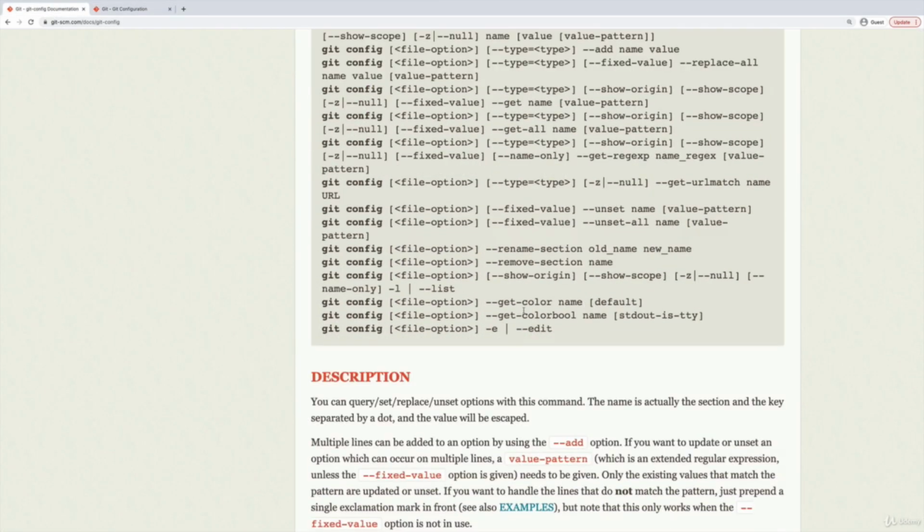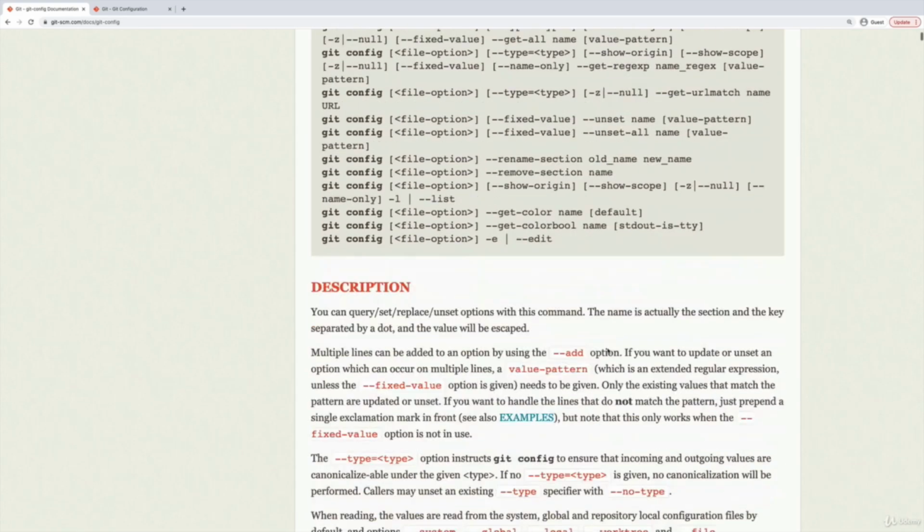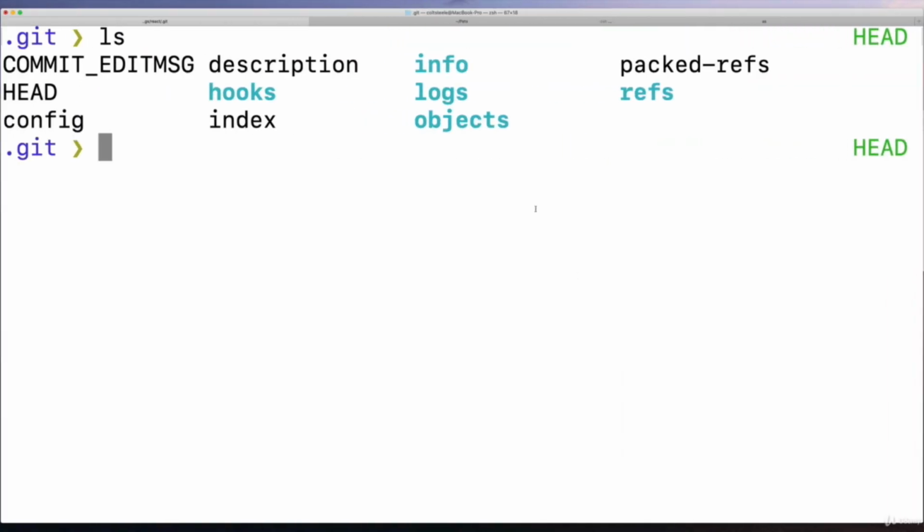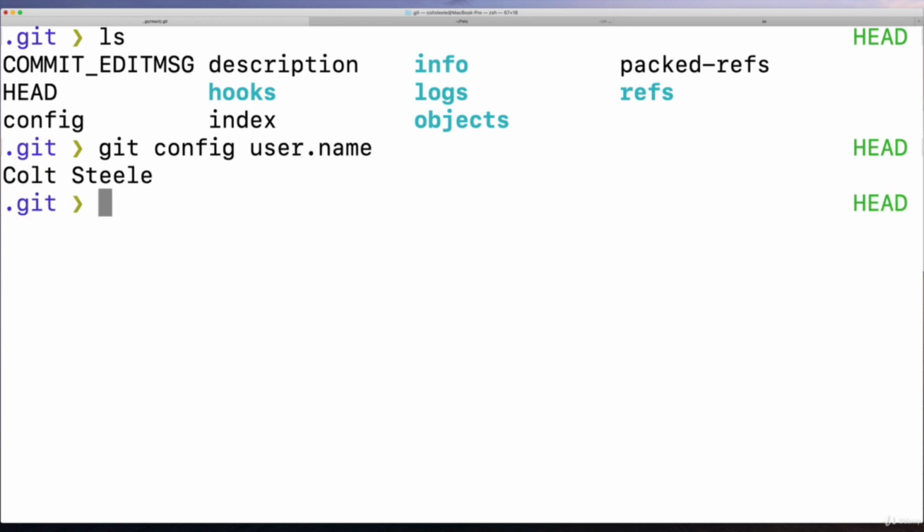We can configure Git, we can change settings from the command line, which we've seen before when we did this sort of thing. Git config user.name, for example. When we set this, if I set it to something else, I'm actually setting a value in a file, in the global Git config file. But I can also set things locally. So I could do git config and then local